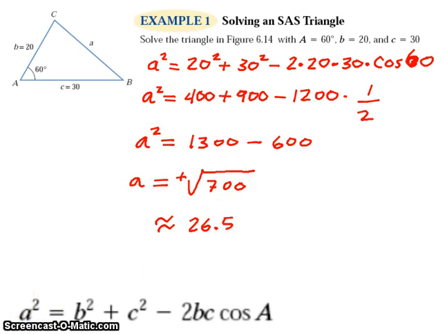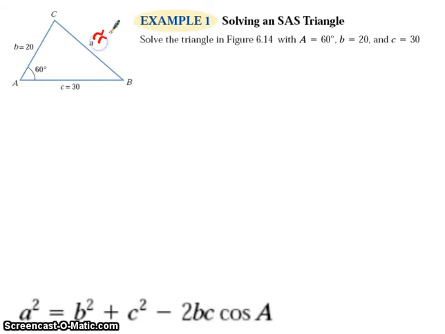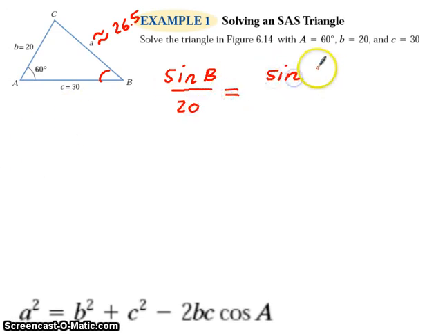So we have little a here, 26.5. And now that we have 26.5, we can use the law of sines to come up with the other angles. For instance, if I wanted to find out what angle B is equal to, I could say that the sine of B over 20 is equal to the sine of 60 over 26.5,